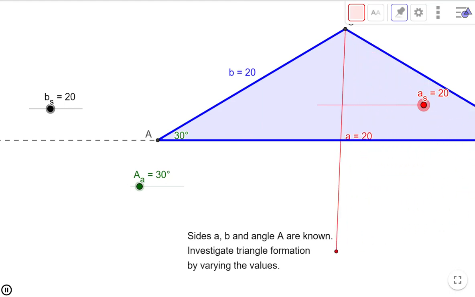It's obviously not a triangle anymore, because if the red line and the blue line are the exact same, then that's silly. However, this one is valid. Now as I go longer again,